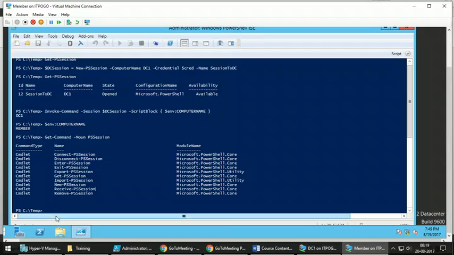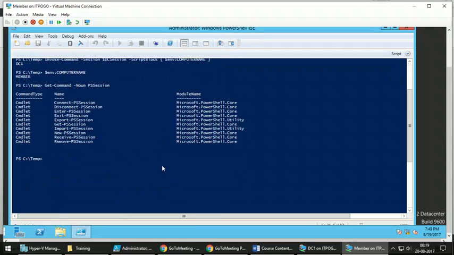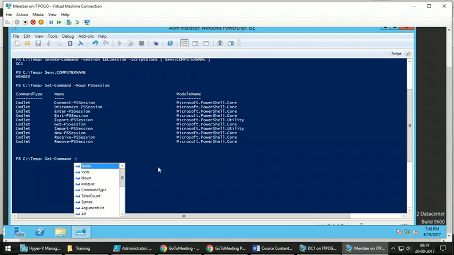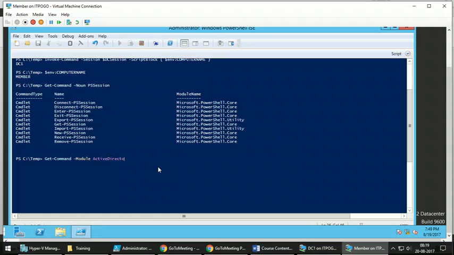Let's talk about how you import a PS session and what happens when you do that. Now currently this is a member server. If I get the list of commands from the module Active Directory, there is nothing.